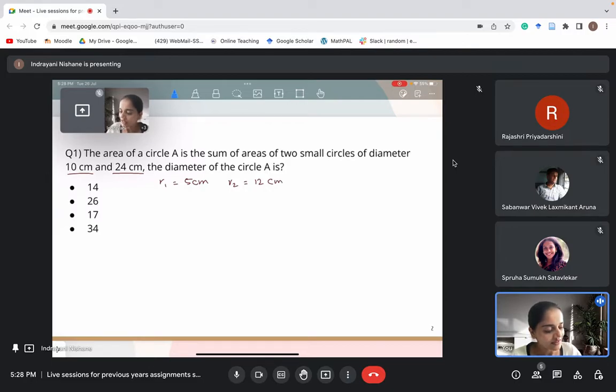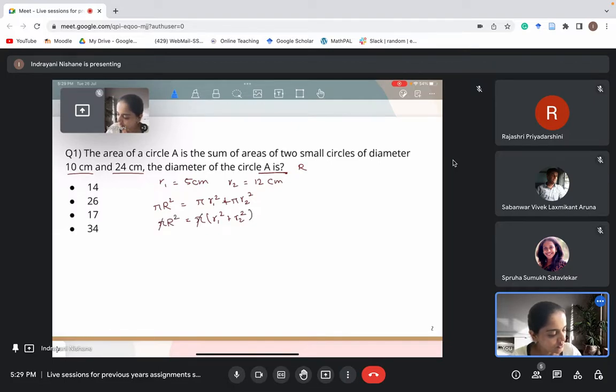So area of circle A is sum of the areas of smaller circles. So if radius of circle A is capital R, then area of circle A would be pi R square, which will be sum of the areas of these two. That means pi R1 square plus pi R2 square, which is pi times R1 square plus R2 square,